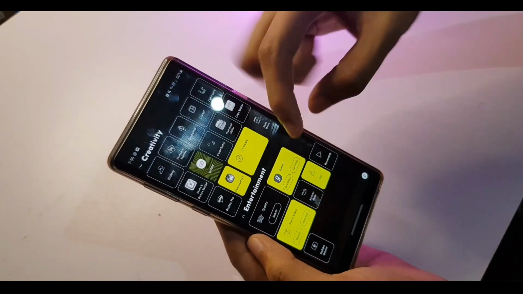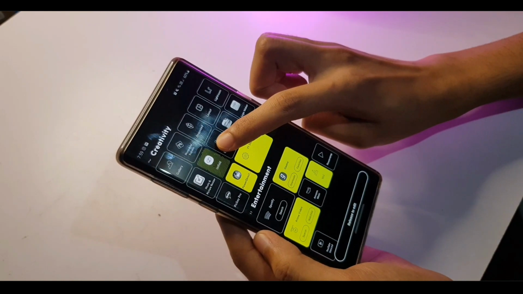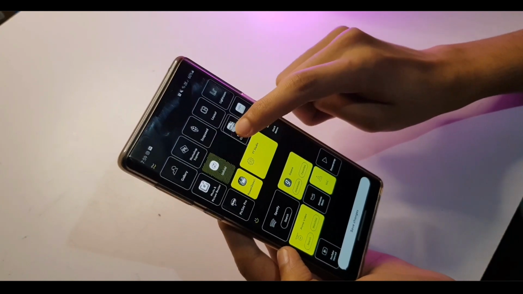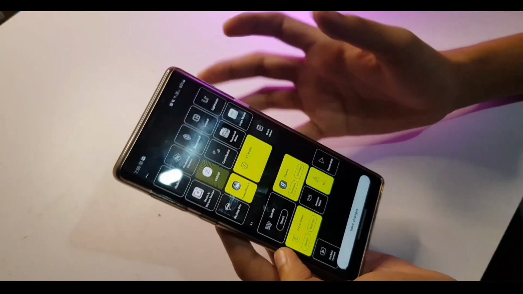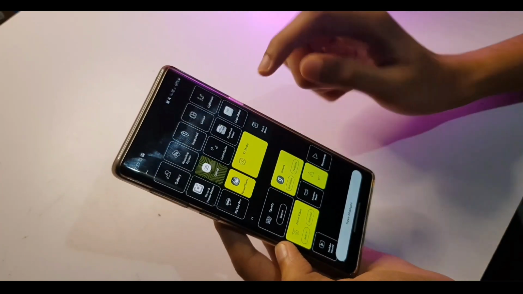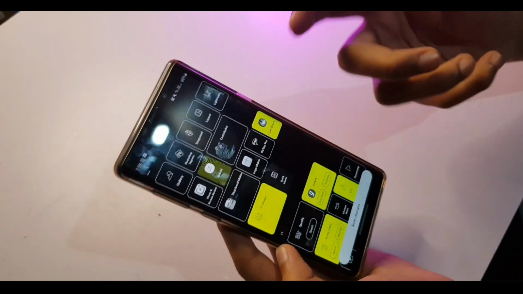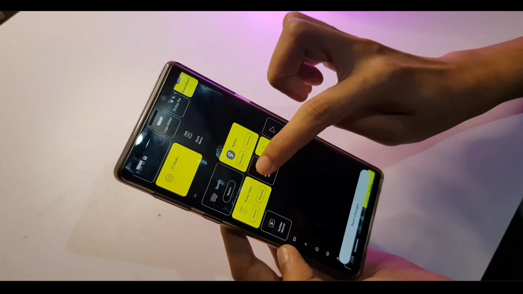Now you may be wondering, why are some apps bigger and some apps smaller? Well, you can actually change the size of it by again pressing and holding on one app and then moving it around a little bit, so that it enters into this app resizing or app repositioning mode. And after that, if you just tap on the app, whichever app has extra features, they will be loaded here. So for example, if I go to Amazon Music and tap on it,